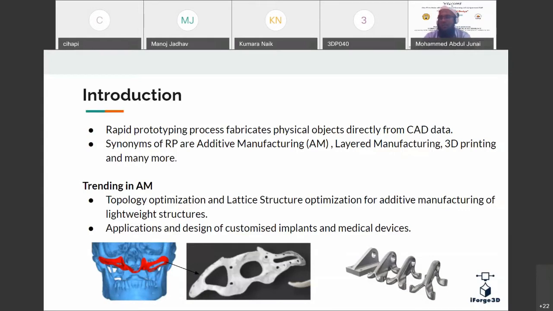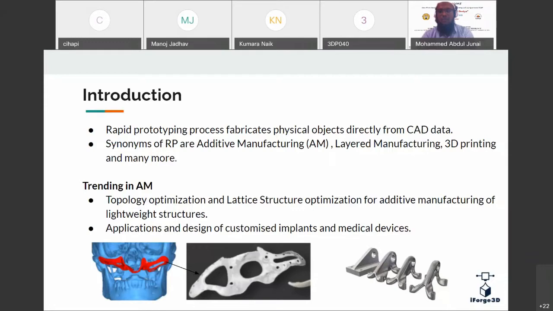So what is the technique called topology optimization, which we are going to discuss today? It is one of the mostly implemented techniques in additive manufacturing. The trending things in additive manufacturing are this topology optimization, lattice structure optimization to make lightweight structures, and also the design of customized and patient-specific medical implants and medical devices.